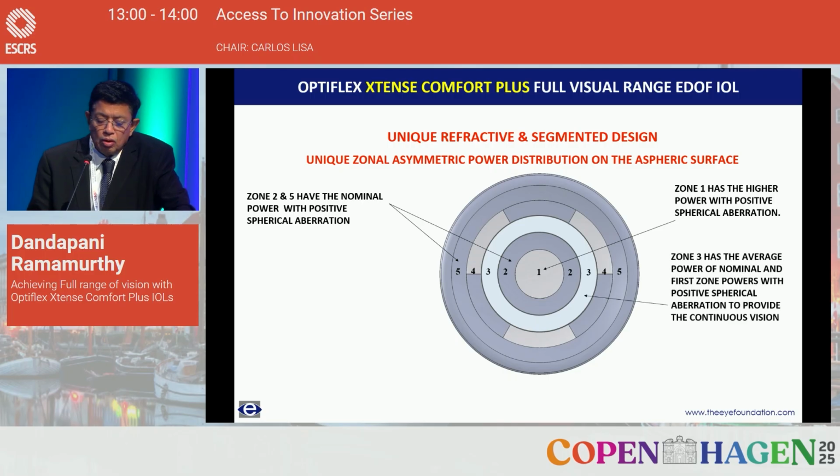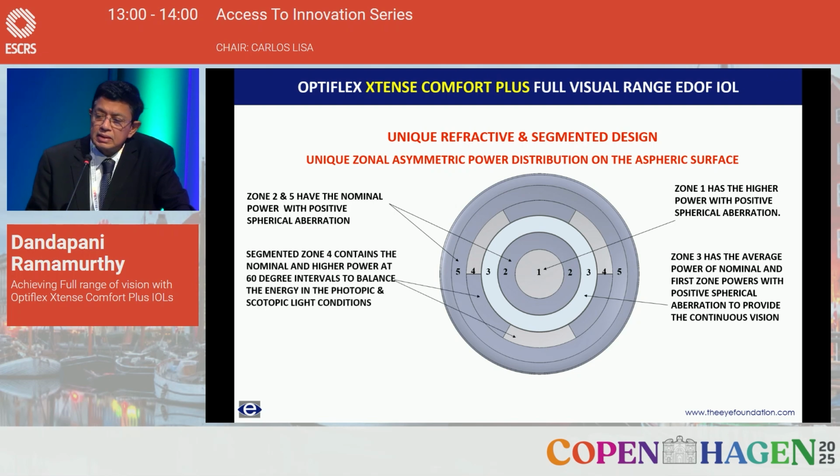Zone 3 is a combination of zone 1 and zone 5, where the power is somewhere in between zone 1 and 5, and that also has positive spherical aberration. Zone 4 is the interesting component, where it has 6 segments of 60 degrees each, and the power alternates between the power in zone 1 and zone 5. So essentially this has different areas of the lens which are distributed for